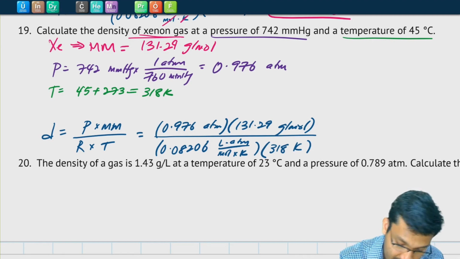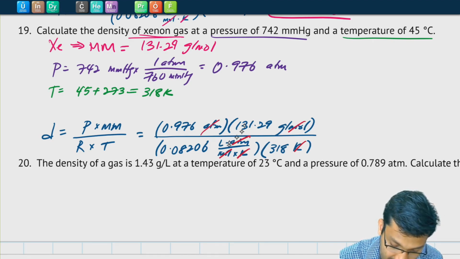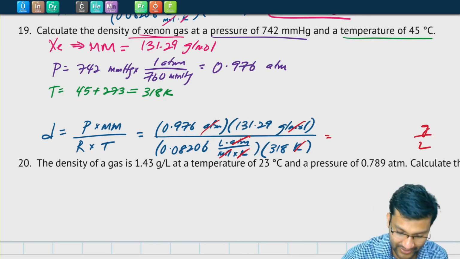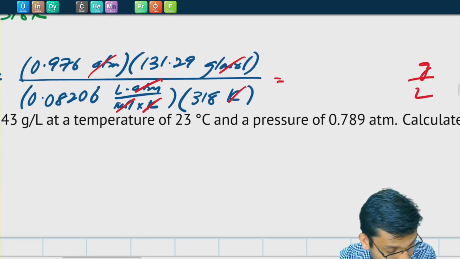Kelvin cancels, moles cancel, atmospheres cancel, we're left with grams over liters again. It's the same equation, so we're left with the same units. Plug all of this into a calculator and I get